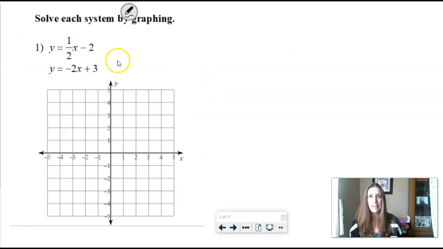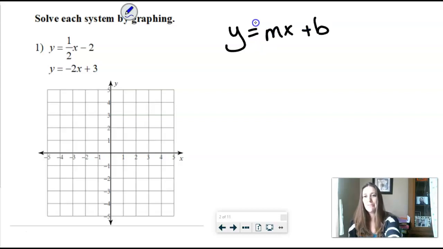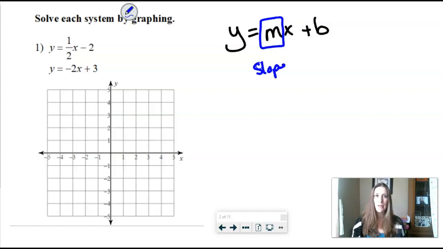First, let's talk about graphing. So when we graph a line, just a quick refresher, we love when they're in slope-intercept form. So y equals mx plus b. And the idea is the coefficient to the x, once it's in this form, this m is called slope. And remember, slope is rise over run. And then b, which is known as the y-intercept,